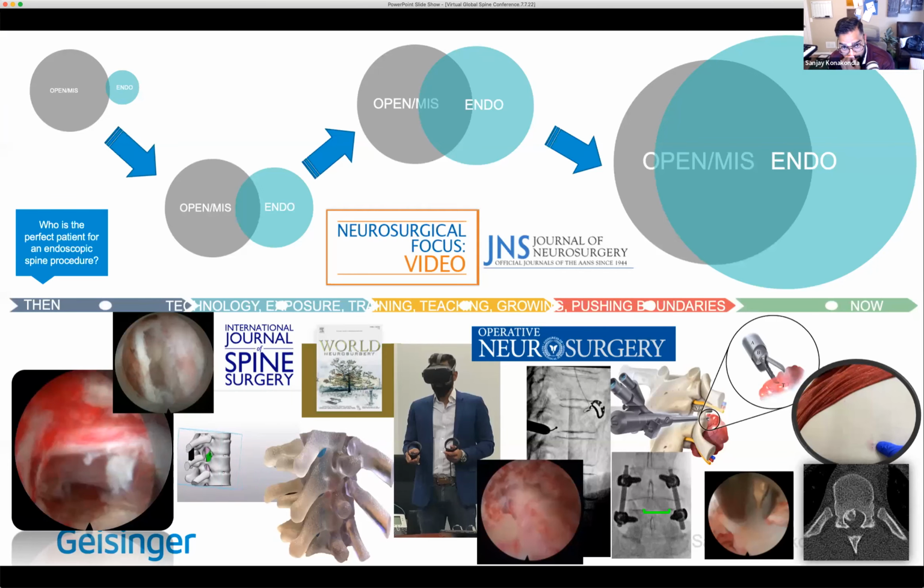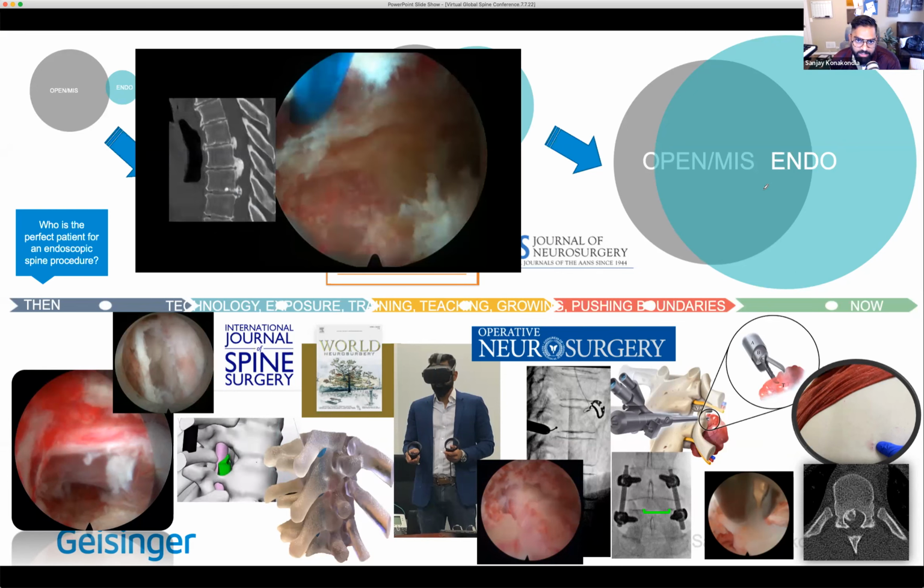You talk about the future of endoscopic spine surgery. The question of who's the perfect patient for an endoscopic spine procedure, you can't ask that anymore. The indications are growing rapidly when you're talking about open or MIS cases and the overlap there. And especially when you're looking at these thoracic cases,